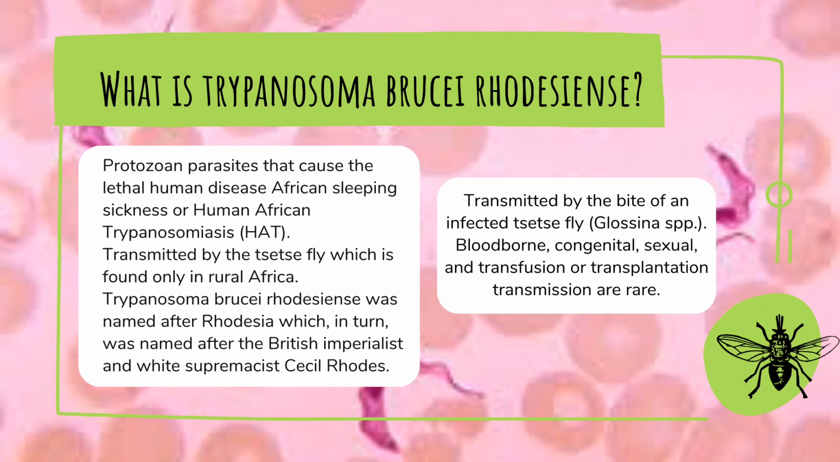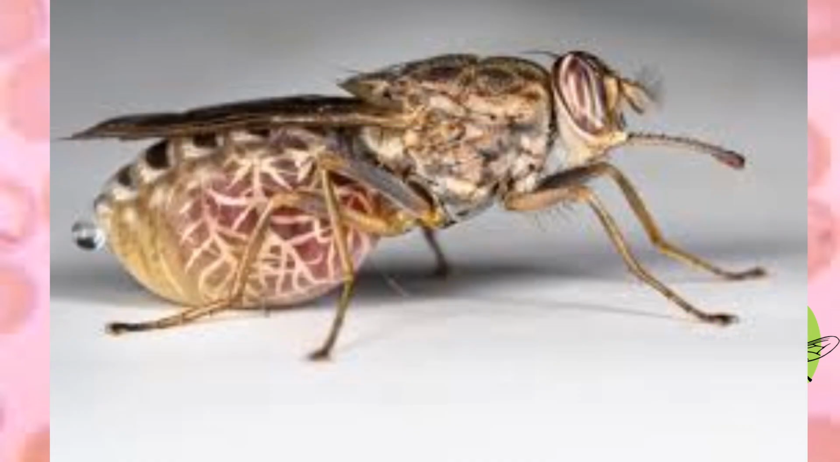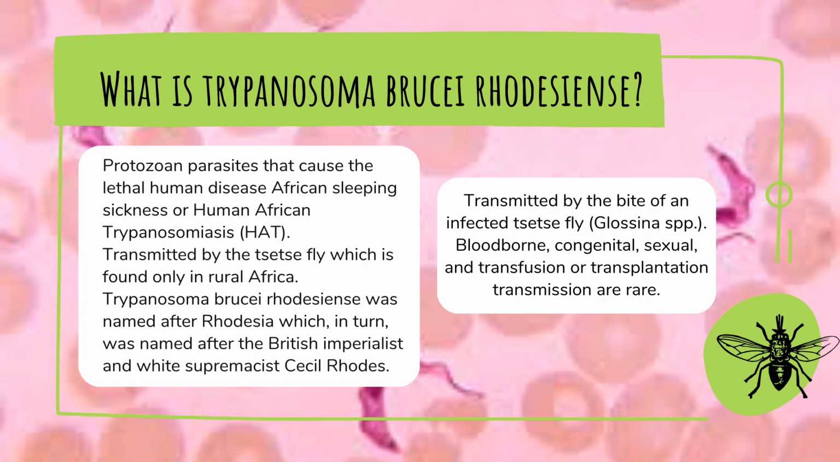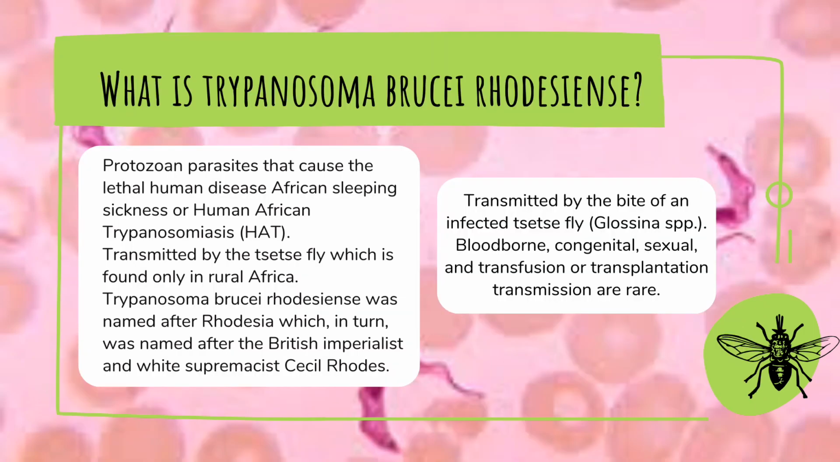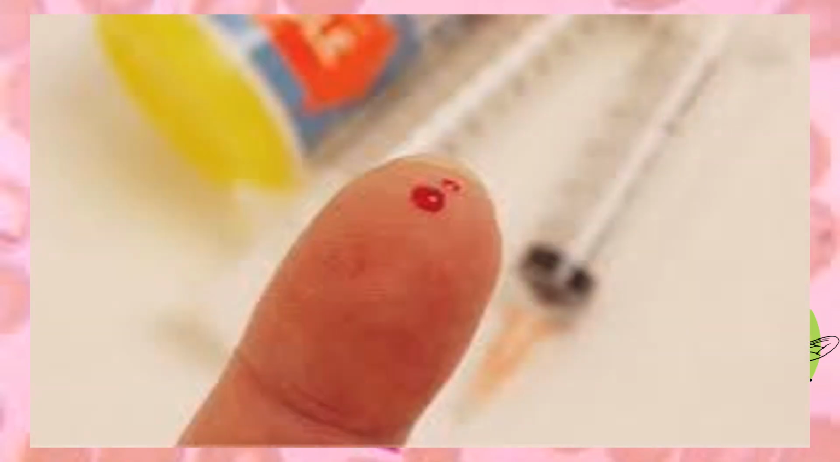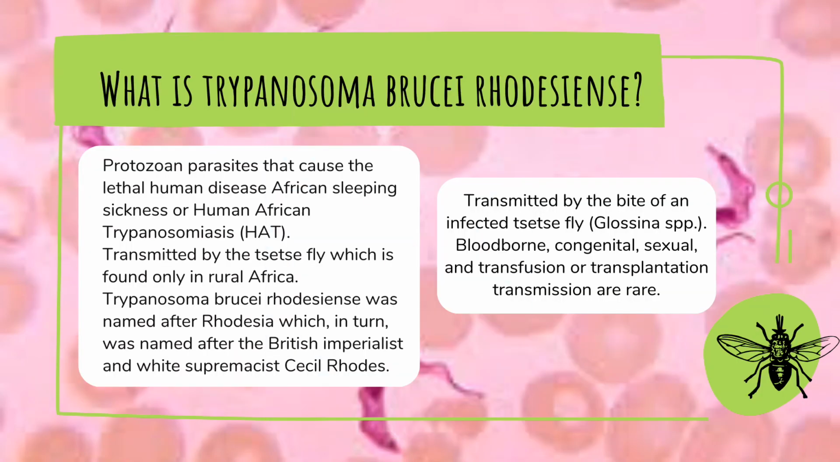Trypanosomiasis is transmitted by the tsetse fly, which is found only in rural Africa, specifically in sub-Saharan Africa. So you can acquire the disease when you are bitten by an infected tsetse fly. And when you are infected with the disease, you can pass it through bloodborne, congenital, sexual, and transfusion or transplantation transmission that are very rare. And if you are wondering